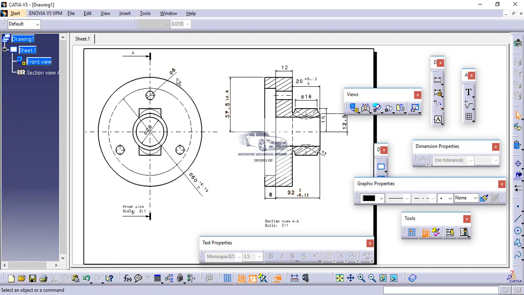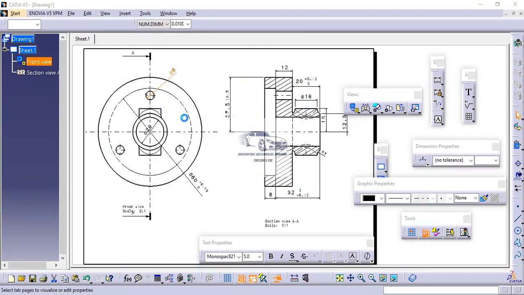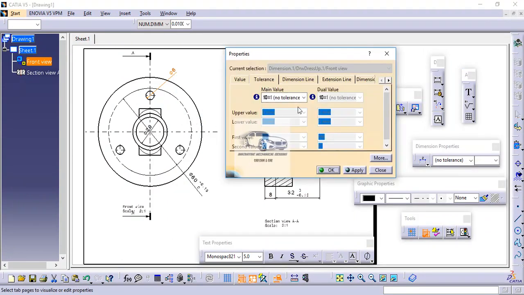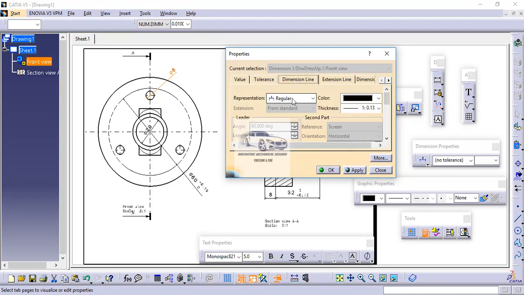So to include a text before a dimension, we have to select that dimension, then go to properties, and here first we have to change the format of dimension line. So in dimension line we have to select this format, 2 parts, apply. Now you can see here the display of the dimension line is changed.